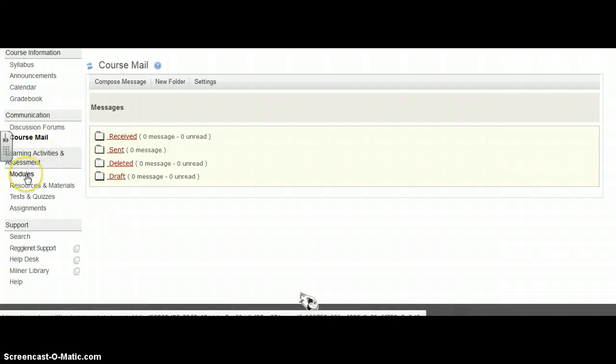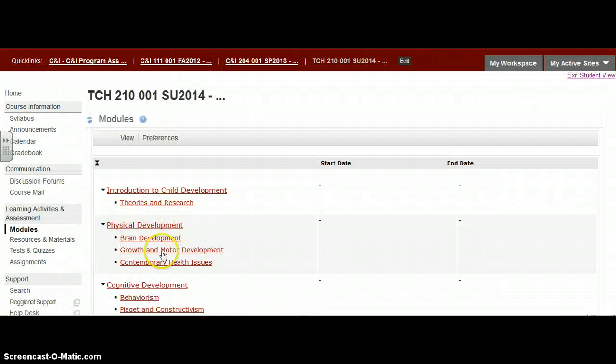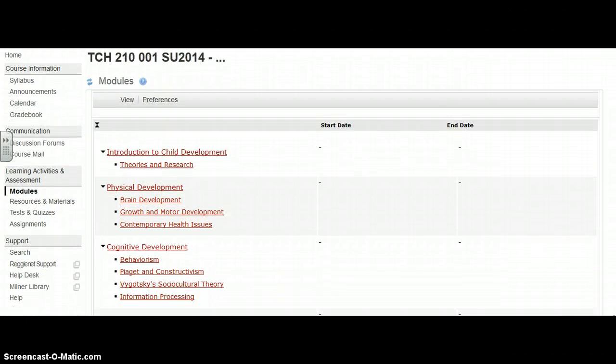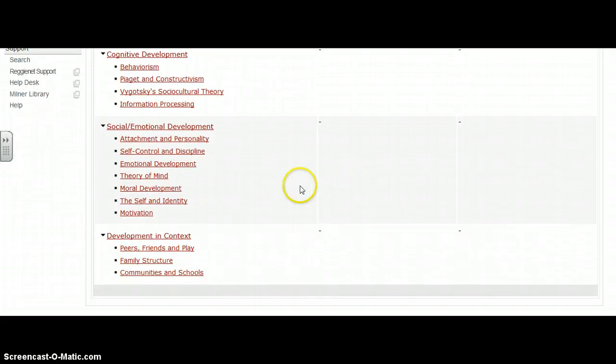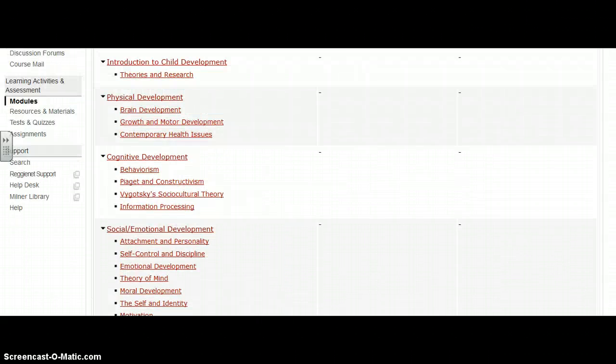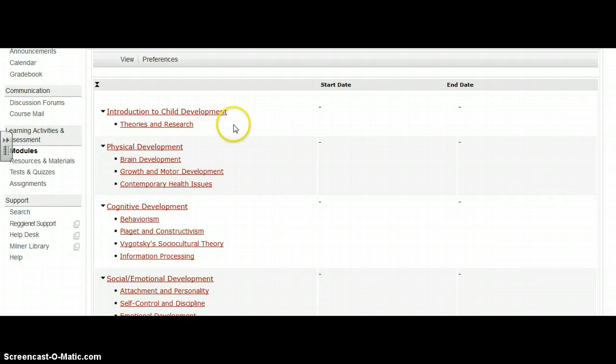The biggest thing that we use for this course under learning activities and assessment would be the modules tab. Here I have grouped all of the different modules that you will use throughout the semester. We start with the Introduction to Child Development, Physical, Cognitive, Social, Emotional, all the way down to Development and Context. Once you've read the chapter, so this is connected to Chapter 1, as you'll see on your course schedule, you can just click on Theories and Research,